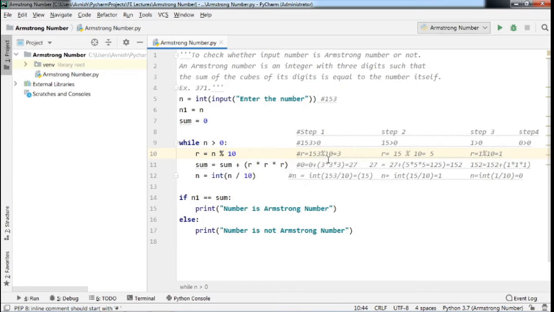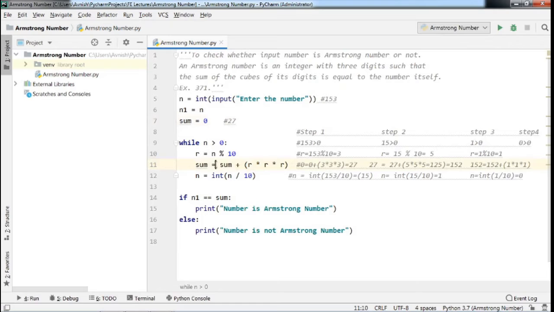In the previous step, the value of r was 3. So 3 into 3 into 3 is 27. That 27 will be added to the variable sum, so your sum becomes 27. The new value of sum is 27.